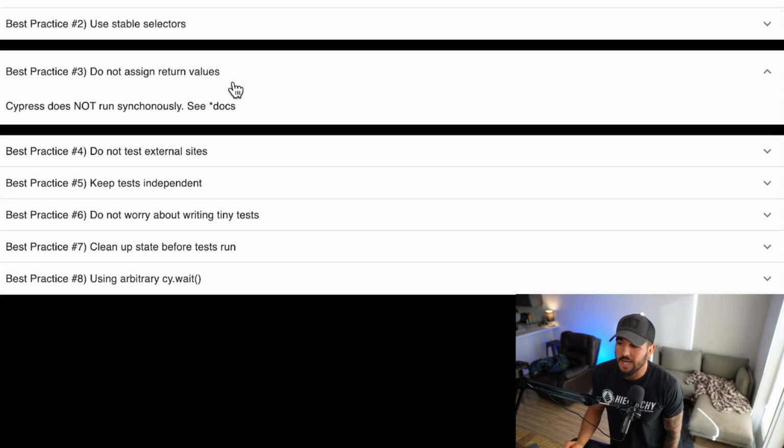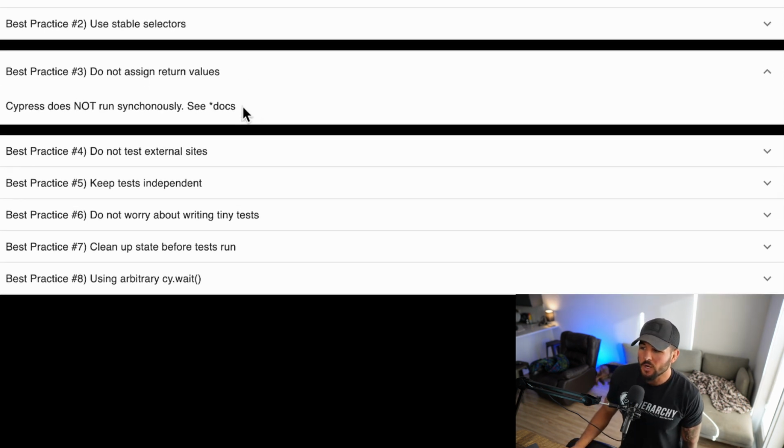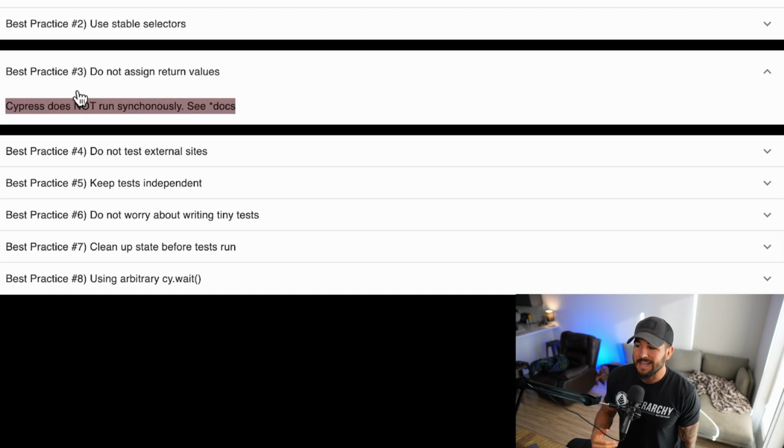Additionally, Cypress recommends not assigning return values. So we already went over this in the docs earlier, so we're not going to go there again, but we already discussed that Cypress has an asynchronous nature, so it does not run synchronously, and assigning things to return values isn't doing what you expect it to. So you probably shouldn't be using variables like cy.get and assigning that to a certain variable within your test. It's probably kind of an anti-pattern from Cypress, and it's much better to use just a .then